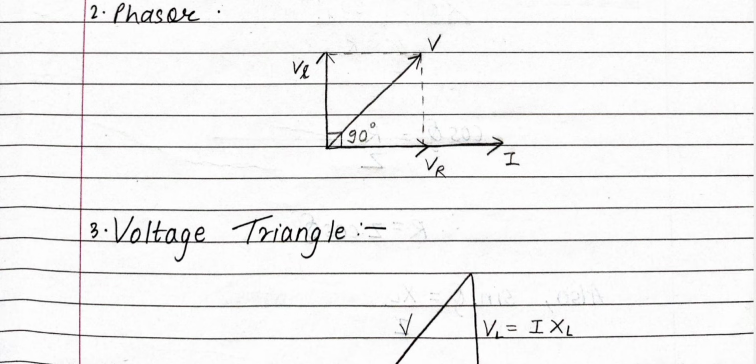The whole answer and all the triangles which I am going to explain further are related to this phasor diagram. Remember my words: if you understand this phasor diagram now, you are going to be able to draw each triangle further on, like the voltage triangle, impedance triangle, and power triangle. So just understand this phasor diagram, which is your short trick to remember the whole explanation, because people become confused between RL and RC circuits and between the triangles. They draw voltage in impedance, impedance in voltage, like these things they do.